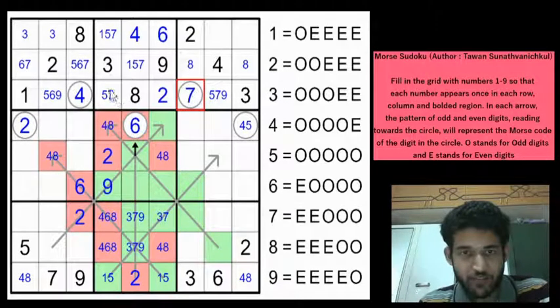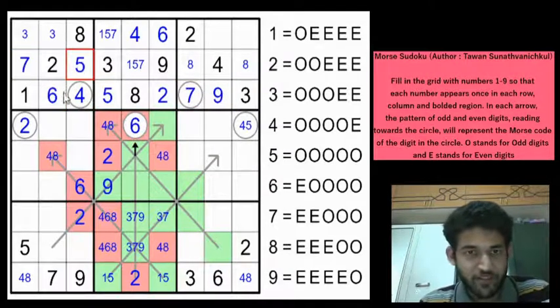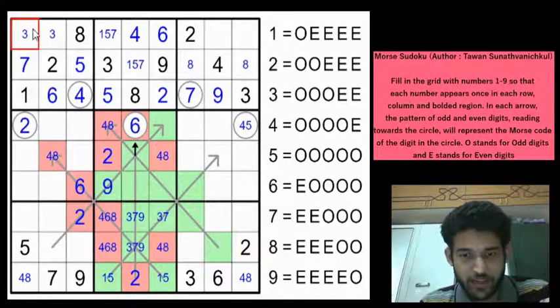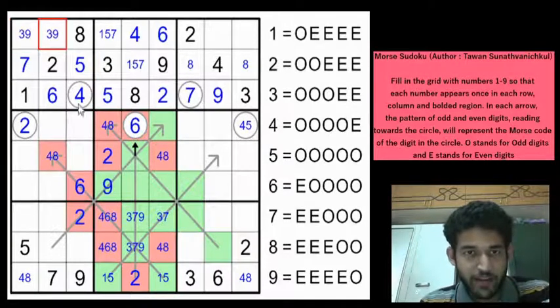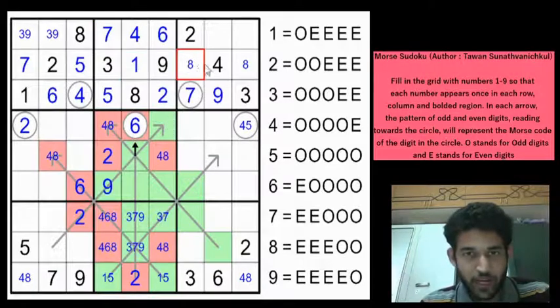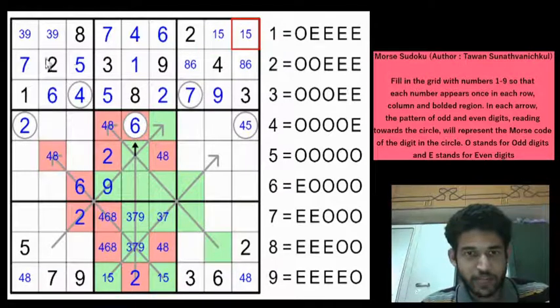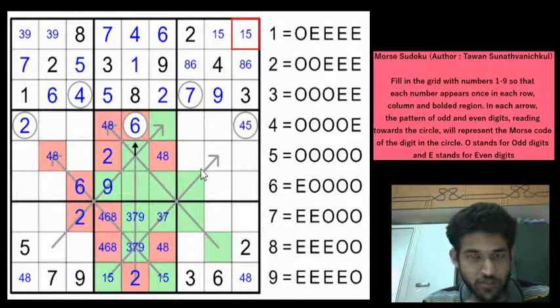So that 7 gives a 5 here, and this would be a 9 now, which gives a 6 here, a 7 here, and a 5 here. We are making some quick progress. Now we can make 3, 9 pair here, and we can eliminate the 7 from here to place the 7 in box 2. So this would be a 7 and this would be a 1, and these 2 cells will be 6, 8, right, along row 2. So these 2 cells will be 6, 8, and we can place the 1, 5 pair in box 3. That finishes off top 3 rows almost.